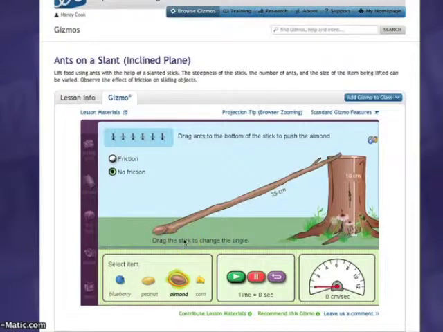So I can use this with the class and say, how many ants do you predict it's going to take to push this almond up, and how long do you think it's going to take? So they can make their prediction. Maybe we can use today's meat for that. Maybe they predict 3, and then we're going to play it and see if they're right. And it looks like 3 ants aren't going to do it. An ant must be too heavy. So we stop and reset it, and then try another.